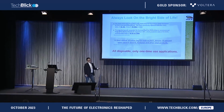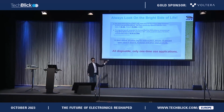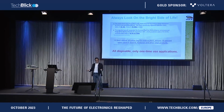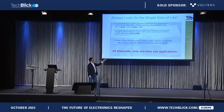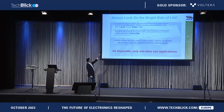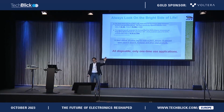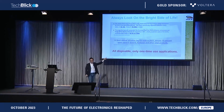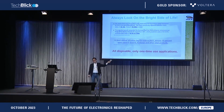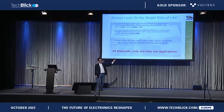So, always look on the bright side of life. Here's a number. Everybody is happy because we are a commercial company. We are doing business, so that's very happy. RFID is growing. You can see these crazy numbers. By 2026 there will be close to 90 billion tags like this. You will encounter this more and more in your daily life. People use this RFID for retail business,